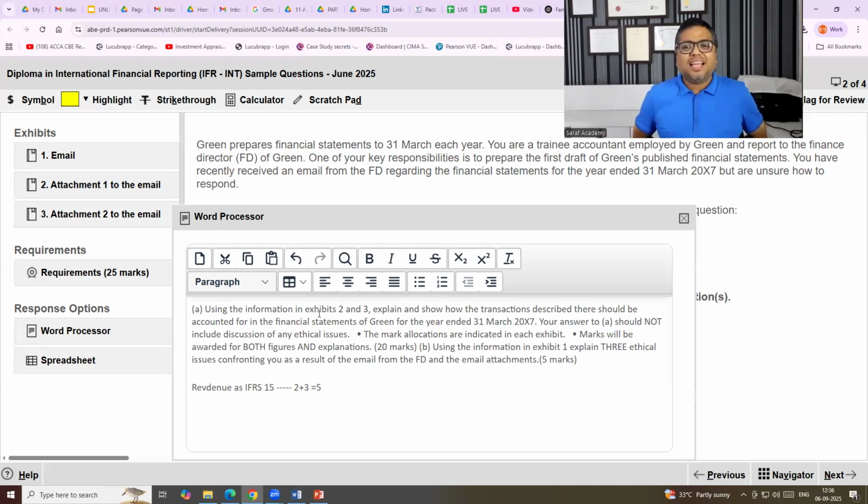I will say, believe me, I have experience of studying and teaching for 30 years, and I don't remember a single technical word. When we are practically working, we can open the IFRS paragraph and copy from there. But in the exam hall there is nothing in front of you, so you cannot remember even a single paragraph or the entire technical wording. It is not required. No marks on that.